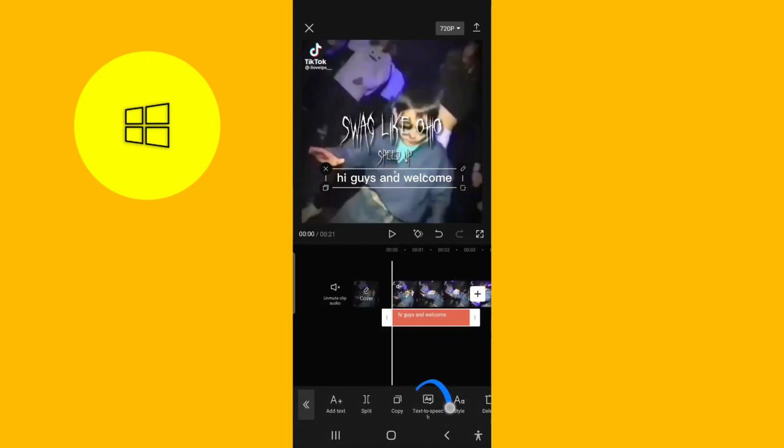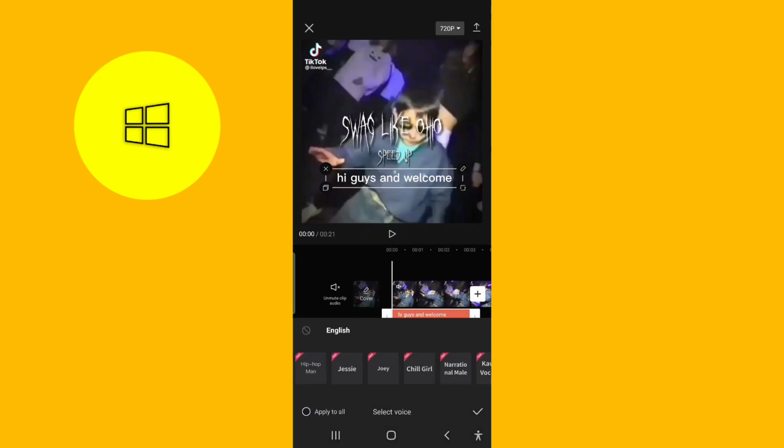And you can see it says text-to-speech. Press that. And after you press that, you're going to get all the voices like Joe, Jesse. As you can see on my screen, all the voices you need. So that's it on how to get text-to-speech into CapCut video editing. There are too many options for you to choose, so many voice extras, so